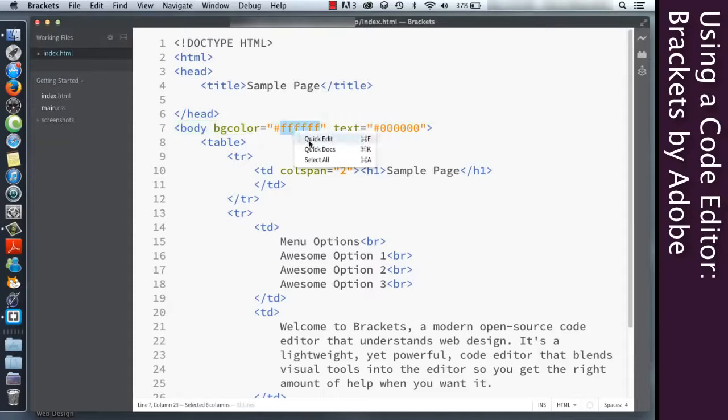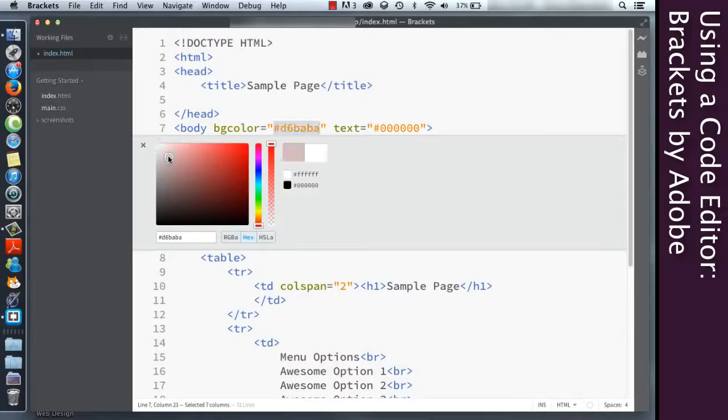And if I right-click and tell it to quick edit, I can actually choose the color. I have hex as the default because that's what I typed it in, but I could even change it to RGBA, which supports transparency, so if I'm choosing a table color, and HSLA, which is fairly similar as far as this goes, but hue, saturation, luminosity, typing them in, it works completely differently than RGBA or hex. So I'm going to go ahead and stick with a hex color for this. I'm going to choose sort of an off-white, maybe kind of like a sandstone-ish color or whatever color that is.